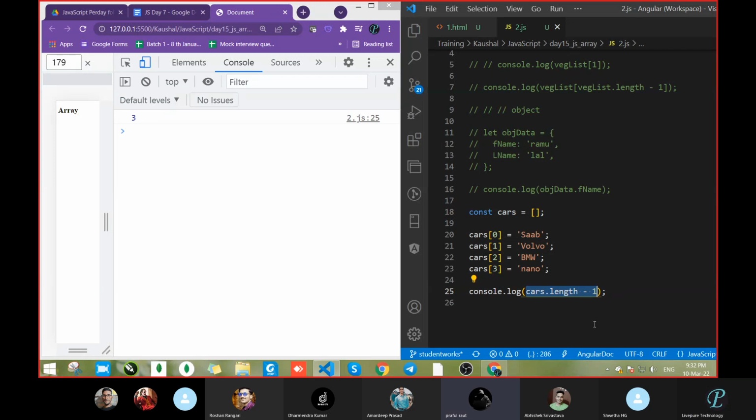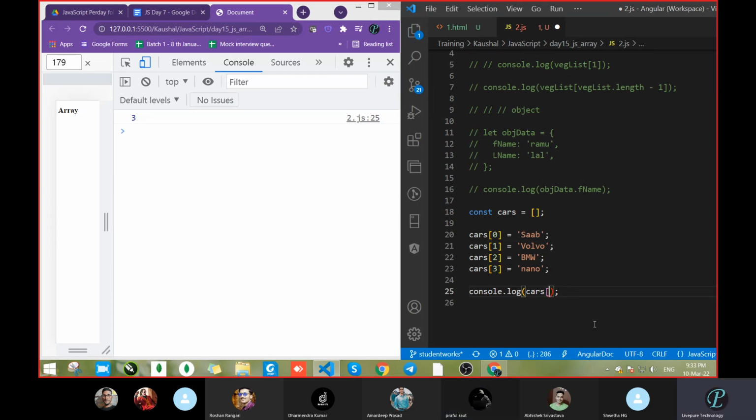Sir, square bracket. Where? Tell me the complete line. In cars, one complete square bracket. cars, a square bracket, and after that dot length. No, sir. The cars inside the square bracket.